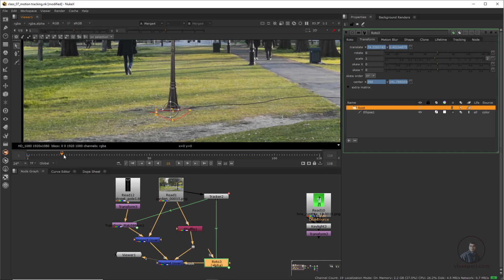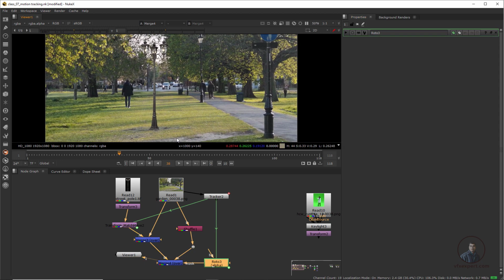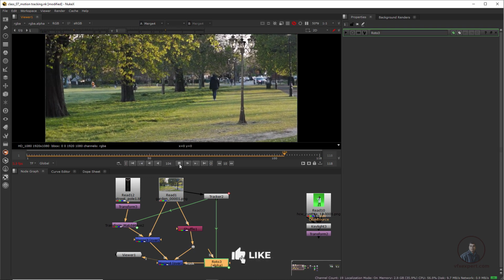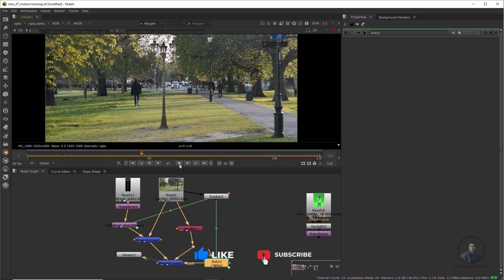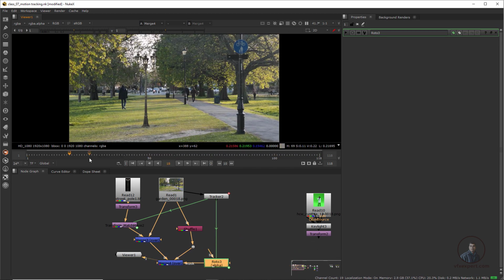Now you can see. If you play and check, this will look good here. Now play and check. Now if you see, this is looking good here. Like this, you can place any object into your scene.